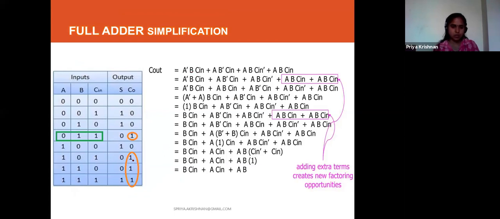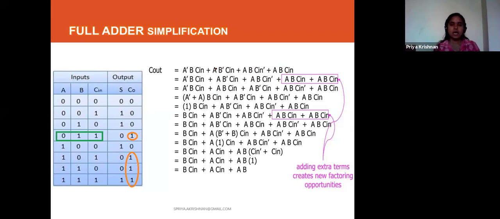And for this one, what is the input? A, B bar, Cin. And for this one, what is my input expression? It is A, B, and then Cin bar. Plus, for the last one, A, B, Cin.